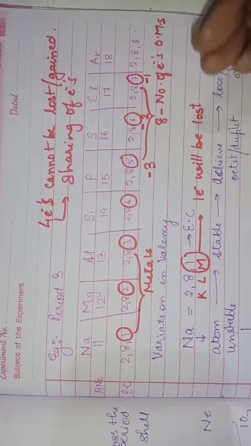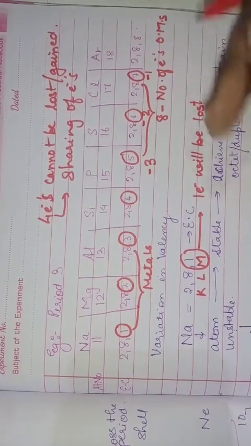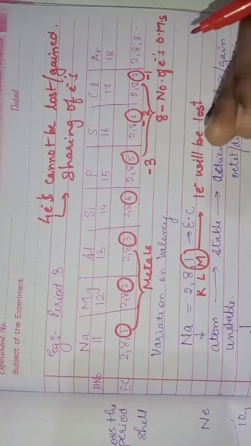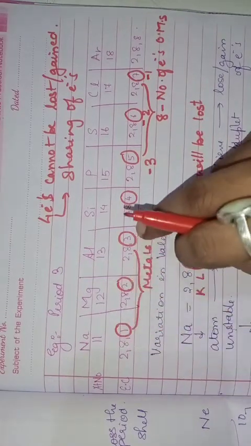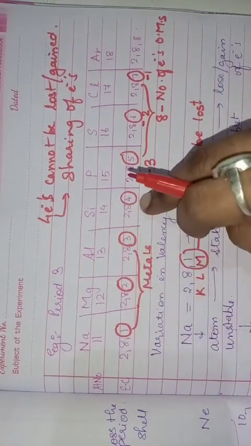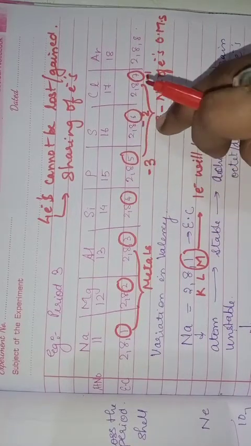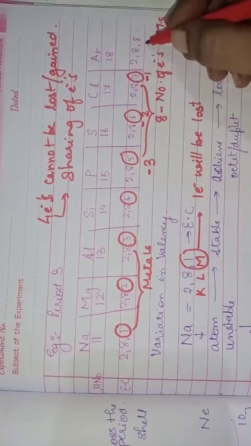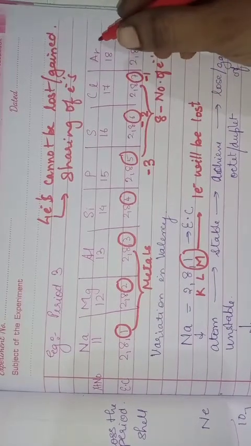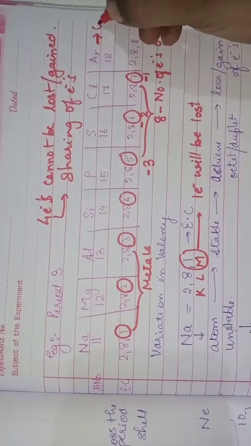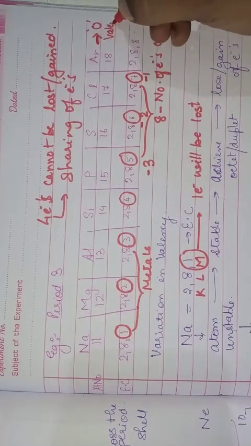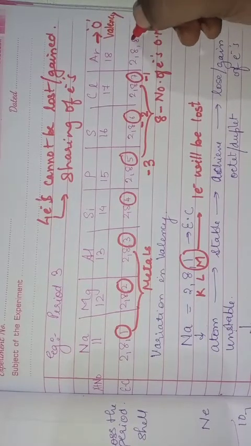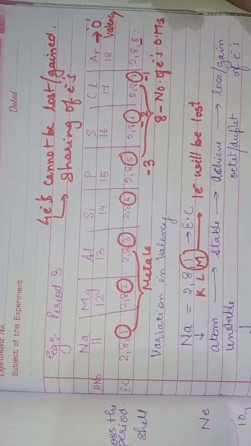I hope that you are able to understand the variation in the valency. So what is the variation seen? The valency increases up to group 4 and then decreases to 0. See, here it is increasing, 1, 2, 3, 4 it has increased. Now from here it is decreasing, -3, -2, -1, and here it is 0. Children, what is the valency for an inert gas? 0. What is the valency of argon? Its valency is 0. Why 0? Because it already has 8 electrons. It does not have to gain any.